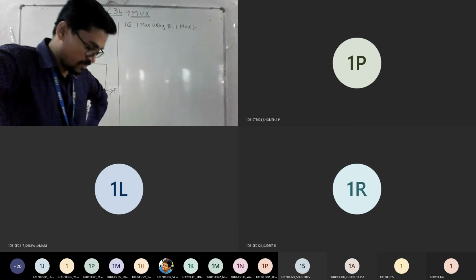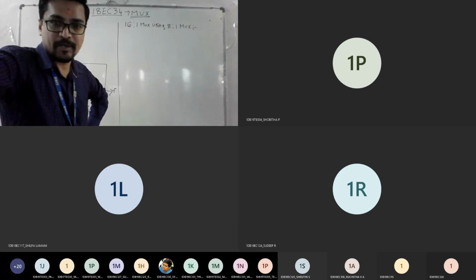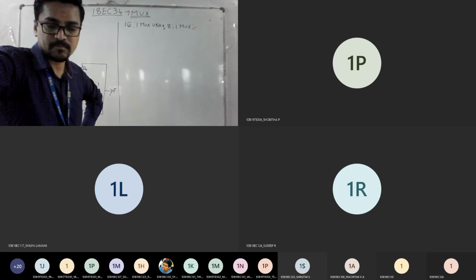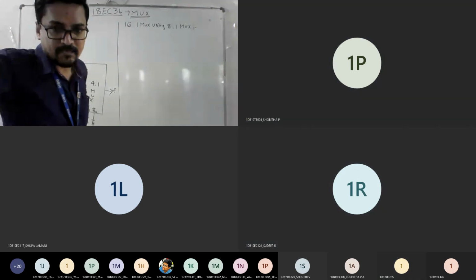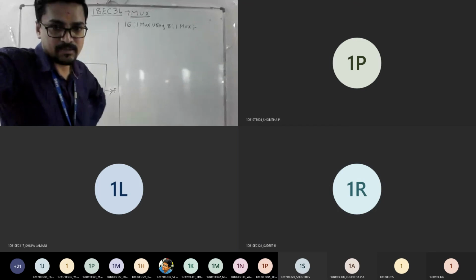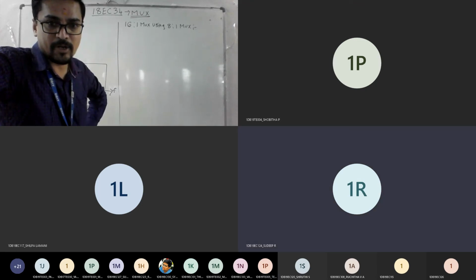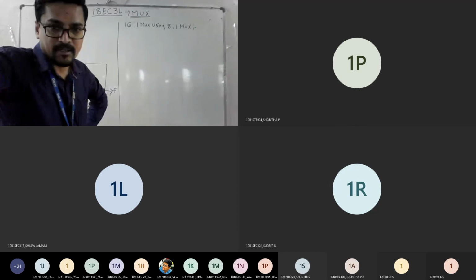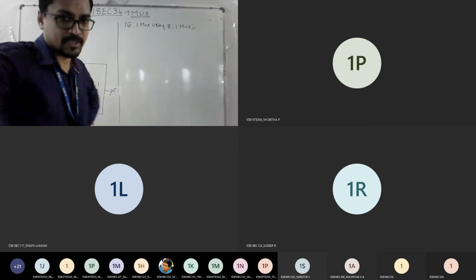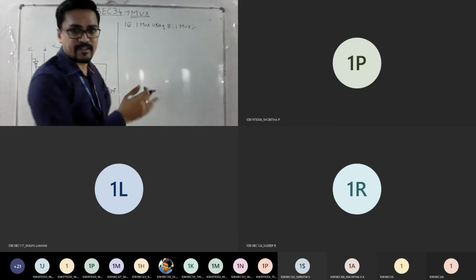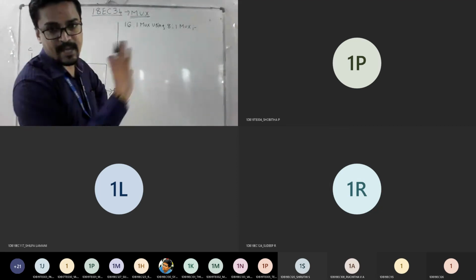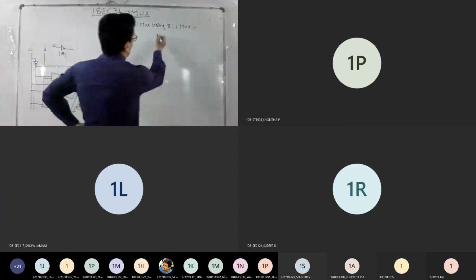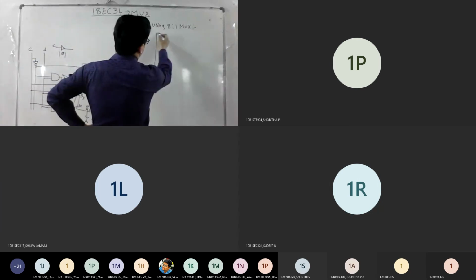So now tell me how many 8:1 mux you require? 2, sir. 2. Correct? Because 16 means I should have 16 inputs, but 8:1 will provide you only 8. 16 means I can combine 2 8:1 mux. Okay. Just look at here. See, nothing theory to be written for this type of designing. Design means only you should put a design there. Diagram. That's it. Nothing else. So diagram I'll just mention. Just look at first. Then you can copy.